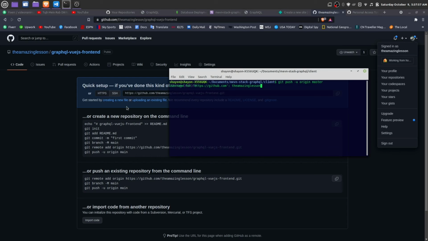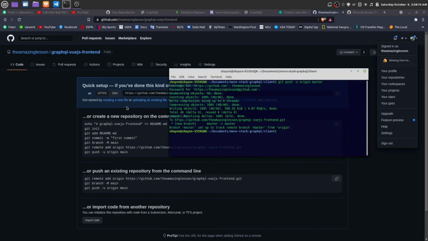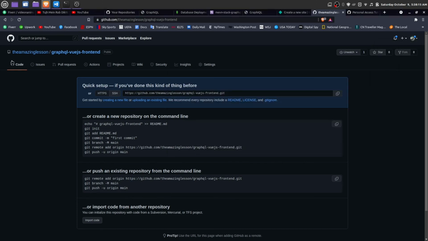If you are using Windows you may need to authenticate every time you push. Okay, Control Shift V, the password will be the token which we created earlier. Once you have pushed it successfully, then you can just reload it.